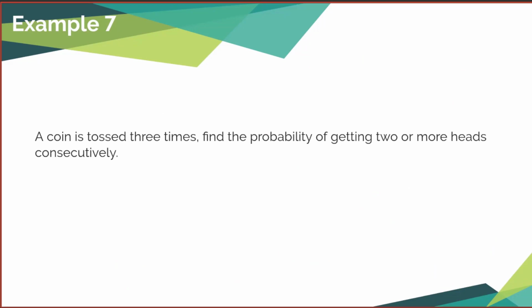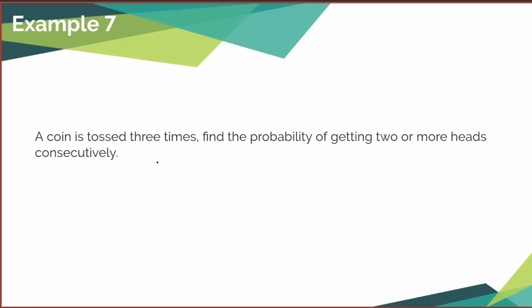And the next question is, we are trying to find out the probability of getting 2 or more heads consecutively given that a coin is tossed 3 times, right? So we are trying to find out the probability of getting 2 or more heads, right? So here the solution will be, what will be the solution? First you will have to write down the